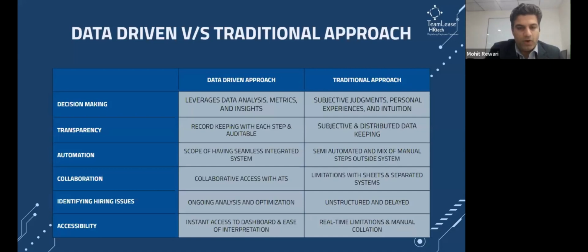Because if we are not able to audit any previous data, we are not sure the decisions that were made at that time were genuinely right, or are they helpful in making further decisions. If we talk about automation,